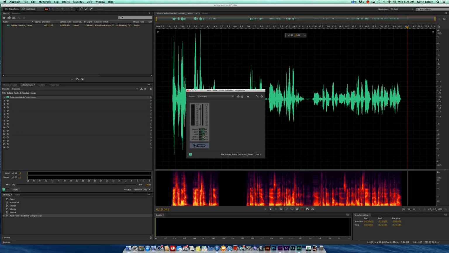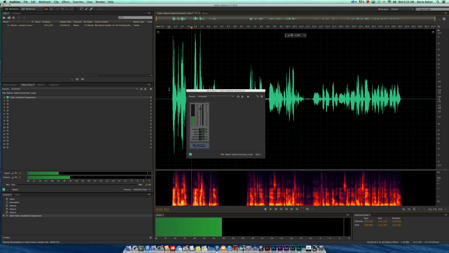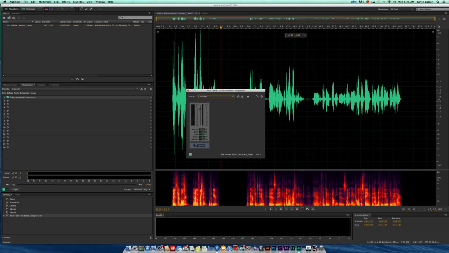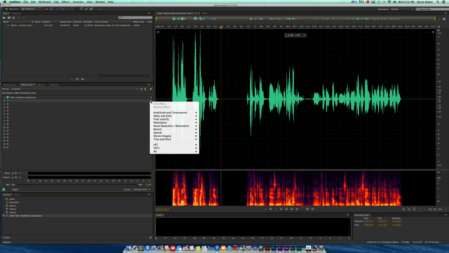Let's bring up the gain to about 5. And let's bring up the ratio as well. Bring it up to about 6. My name is Kevin Balzer, and I am a freshman with a beard. Okay, wonderful. Okay, I'm also going to add another effect on the second effect rack, and that second effect is